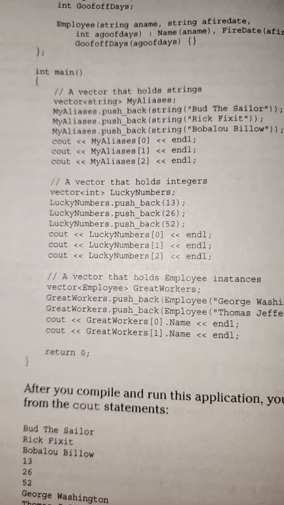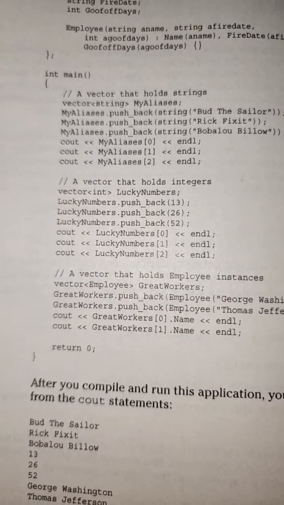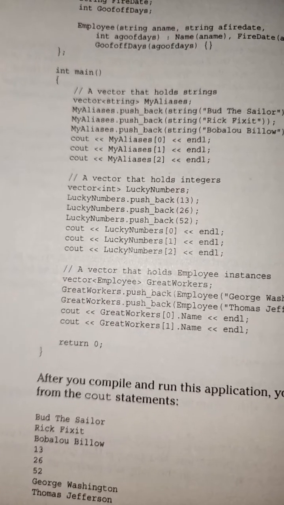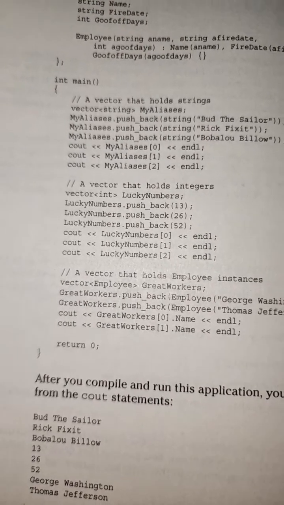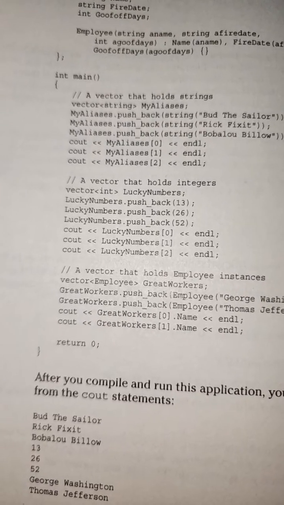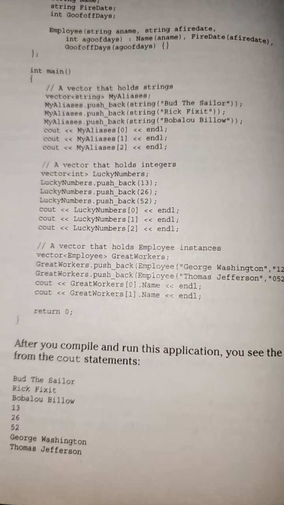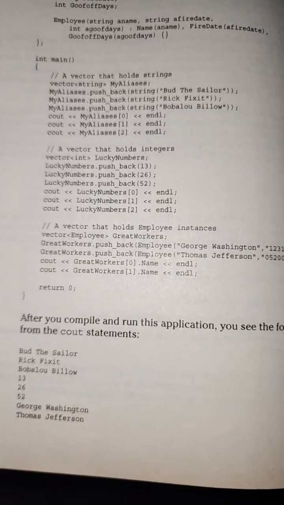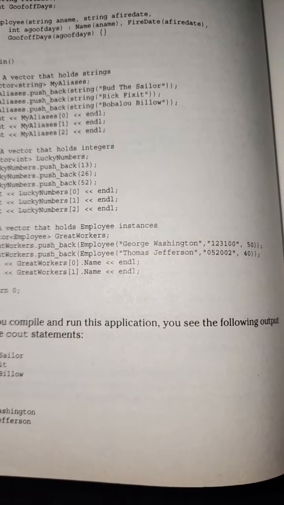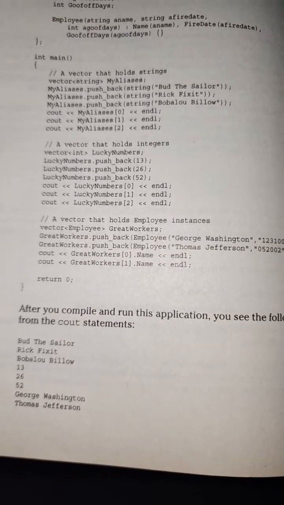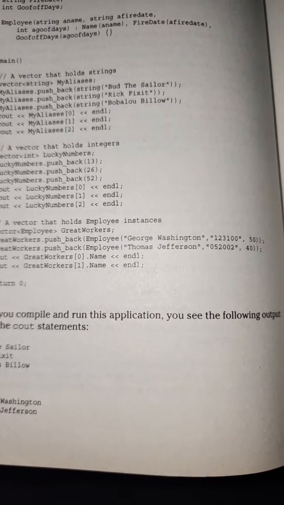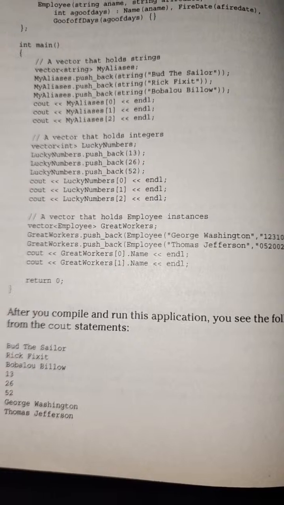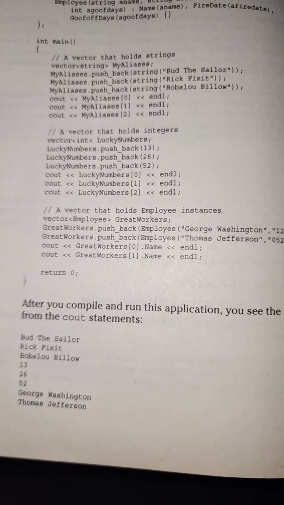A vector that holds integers. vector<int> luckyNumbers; luckyNumbers.push_back(13); luckyNumbers.push_back(26); luckyNumbers.push_back(52); cout << luckyNumbers[0] << endl; cout << luckyNumbers[1] << endl; cout << luckyNumbers[2] << endl; A vector that holds Employee instances. vector<Employee> greatWorkers; greatWorkers.push_back(Employee("George Washington", "123100", 50)); greatWorkers.push_back(Employee("Thomas Jefferson", "052002", 40)); cout << greatWorkers[0].name << endl; cout << greatWorkers[1].name << endl;